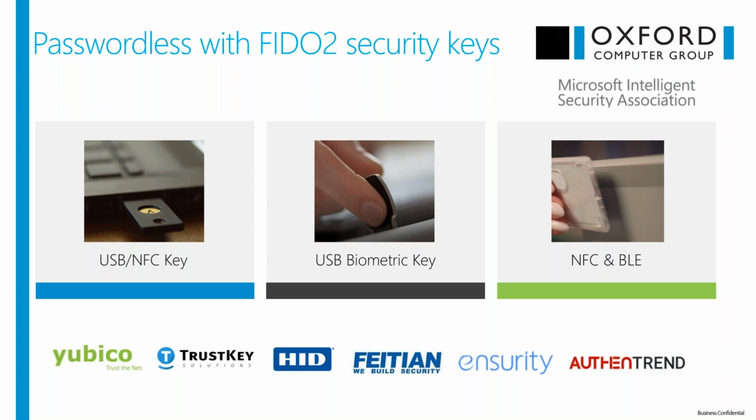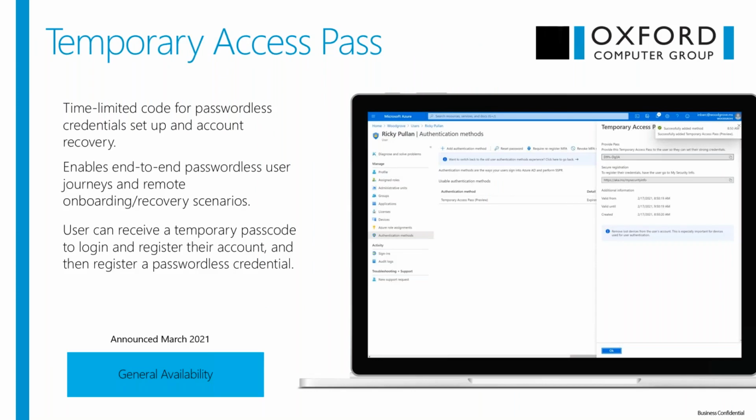Now, some have asked, okay, this is great, passwordless is great, but what about that onboarding experience? What can we do there? Because when you're onboarding a new user, it seems like the only thing you can do is issue them a password, and then maybe after that they can start using passwordless. But for that onboarding experience,